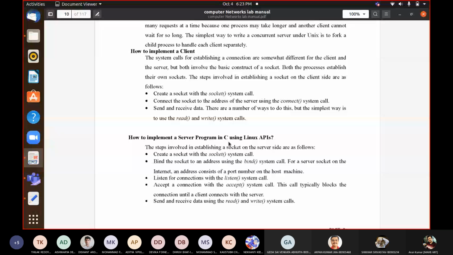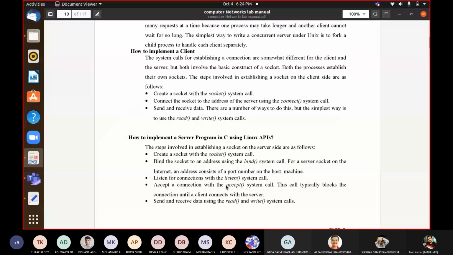In bind, for the socket we have just created, we will give a proper port number and IP address, and bind it to that file descriptor. Then the next step: because you are at the server side, you have to passively listen.